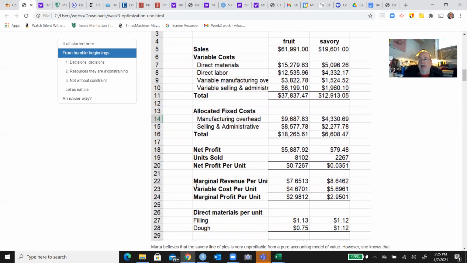Here's some margin data, which gets right down to net profit per margin and marginal profit per unit. So the net profit per unit includes everything, including allocated fixed costs. Now, allocated fixed costs are irrelevant, and this is something you've got to think about. They're absolutely irrelevant to the decision of should I or should I not make a new fruit pie and not make a new savory pie. They're absolutely irrelevant to that, because allocated fixed costs, no matter that we can allocate them by unit or however